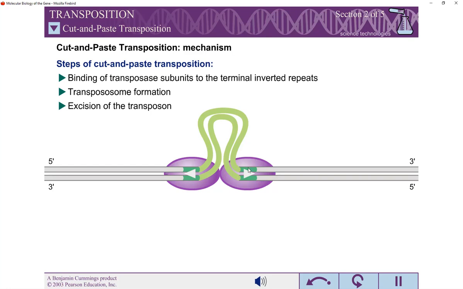Next, the transposon is excised from its initial location in the genome. To accomplish this, each of the transposase subunits nicks one DNA strand, such that the transposon sequence terminates with free 3' hydroxyl groups at each end. Now, each transposase enzyme cleaves the target DNA in such a manner that an overhanging 3' hydroxy group is produced. Once an overhanging 3' hydroxy group is produced, it will attack the alternate phosphodiester backbones and will break them up.